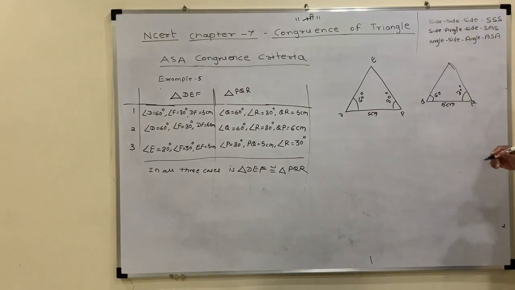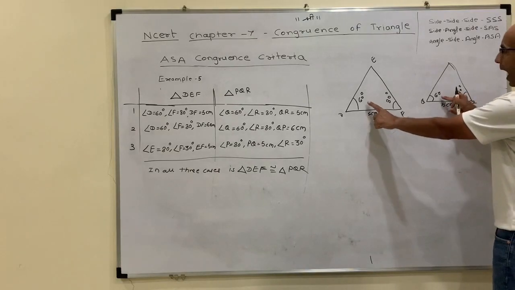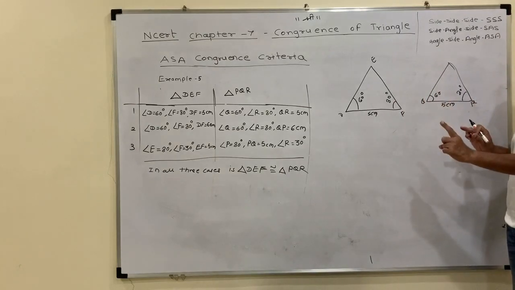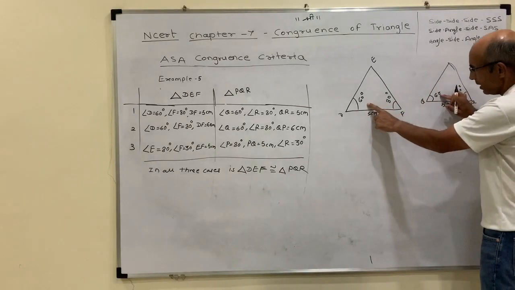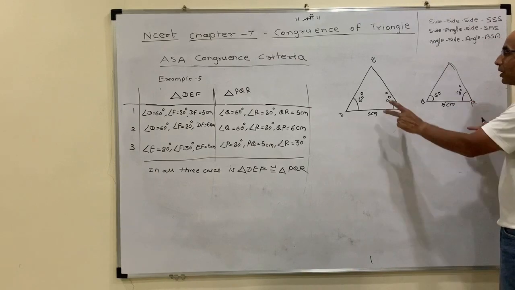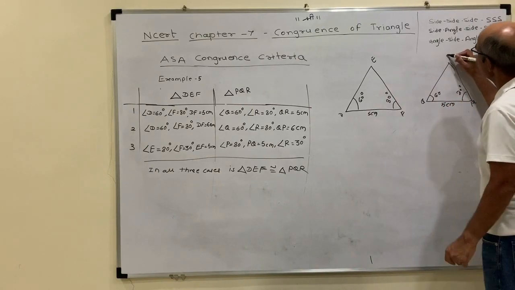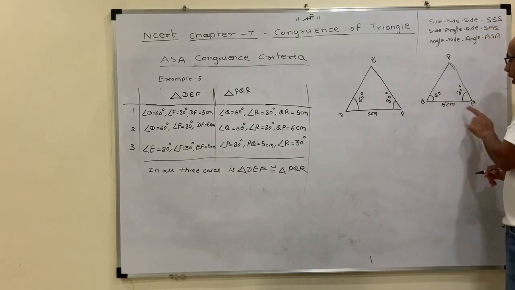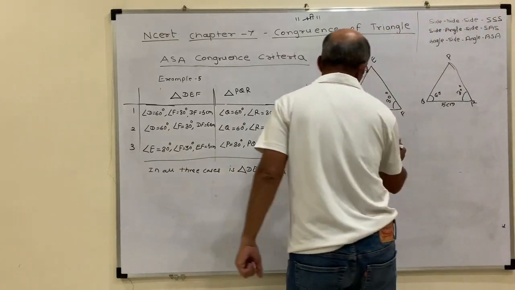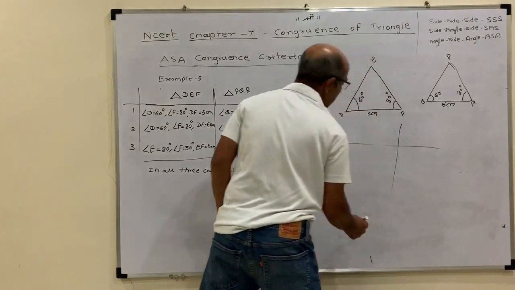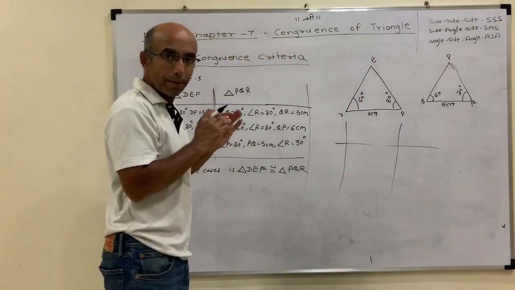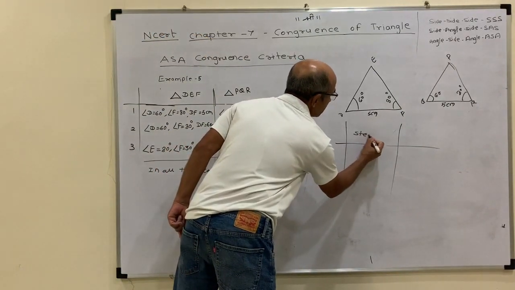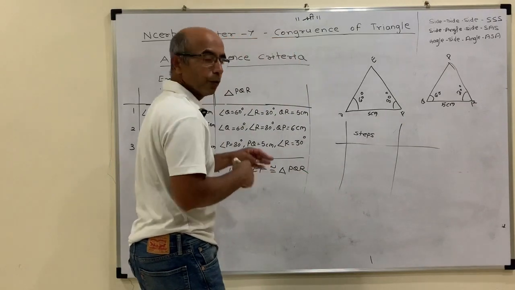So now in those two triangles, angle, side and angle are equal. You got it? So we can say that these two triangles DEF and PQR are congruent. But rather than doing that, let's put it in a tabular format. Always put yourself in the habit of doing a proof. So you won't find it difficult when you do it in exam.